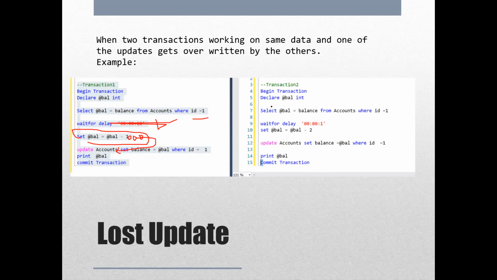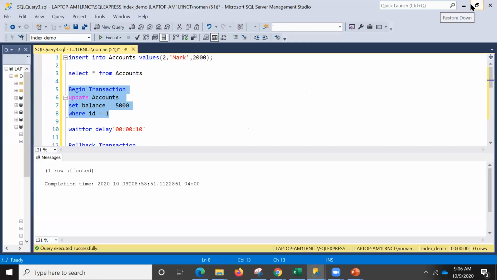Now second transaction, begin transaction, same. It's almost exactly the same. Wait for delay. So the delay here is very small, only 1 second, which means it will just quickly do it. So set balance to balance minus 2. Here we are just trying to do something else. Update account set balance is equal to balance here. So it would have made some changes. So which one will execute first? This transaction 2 will execute first, of course. And what will this transaction 2 do? It will make some changes to the balance of ID 1. Now let's quickly go and run that one for us, and we'll just try to run that.